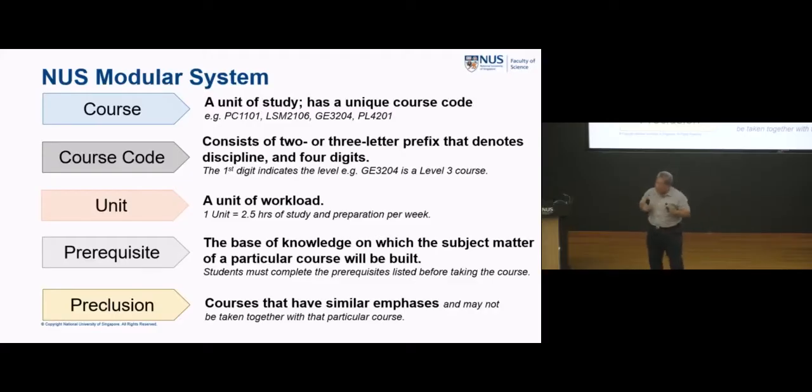Let me just give you some balance, all right? Normally, if we give you 4 units per course, the normal expectation is you spend 2.5 hours per unit. So if it's a course of 4 units, you're expected to spend about 10 hours of work. Now, of course, 10 hours of work is the average.